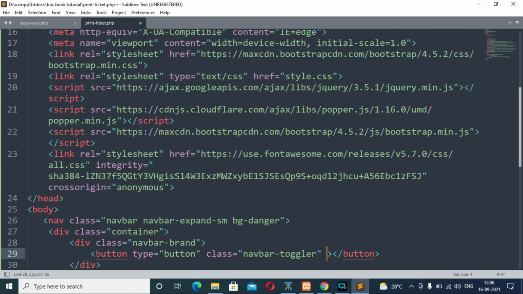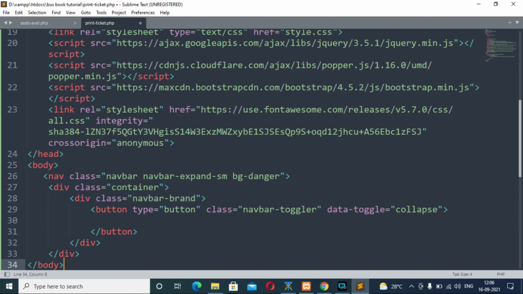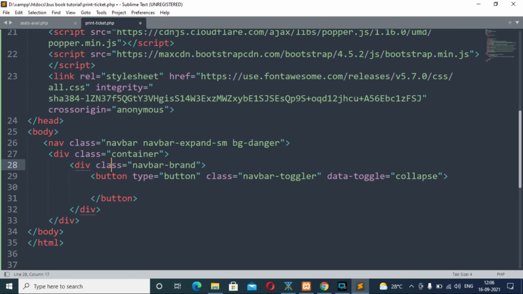And another attribute data-toggle with the value collapse, and another attribute data-target, sorry, it should be inside the angular bracket.